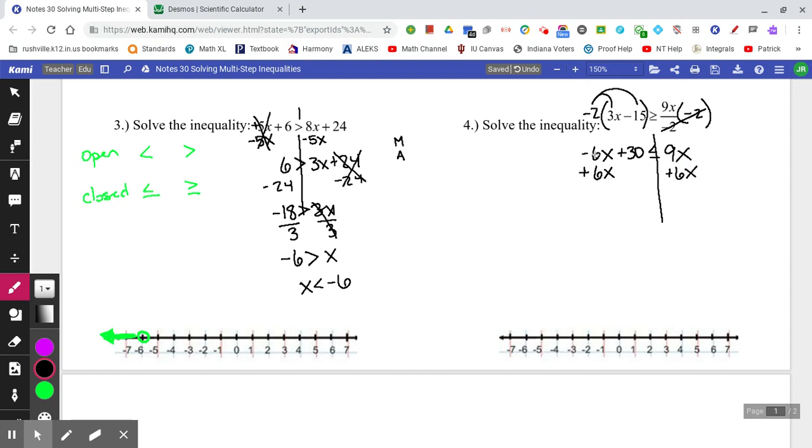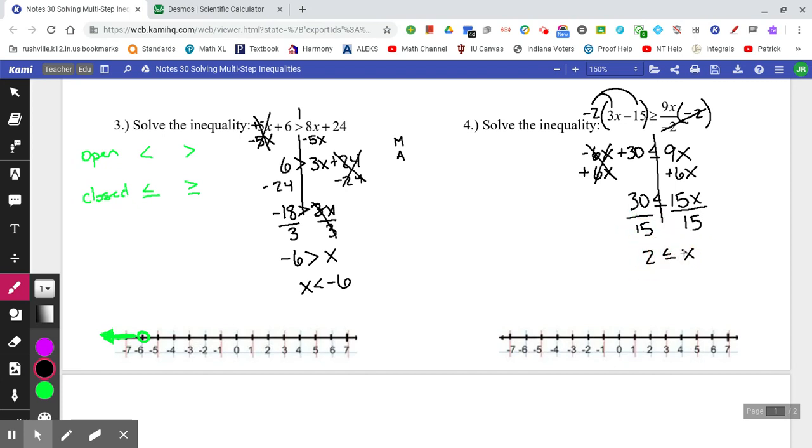Minus 6x plus 6x cancels out. That leaves me with 30 is less than or equal to 9x plus 16x will give me 15x. And then x is being multiplied by 15. The opposite of multiply is divide. So I'm going to divide both sides by 15, and I get that 2 is less than or equal to